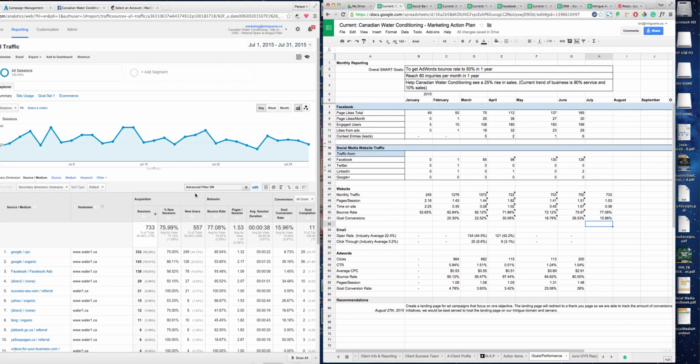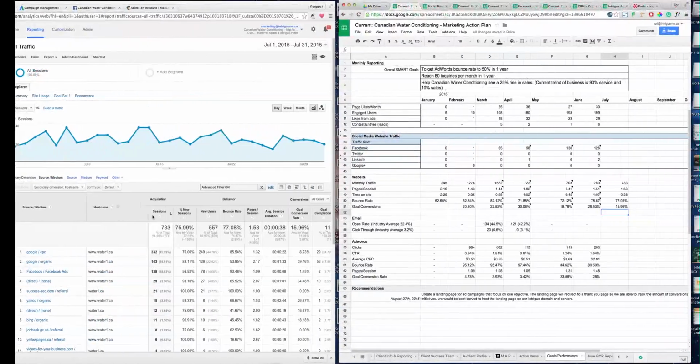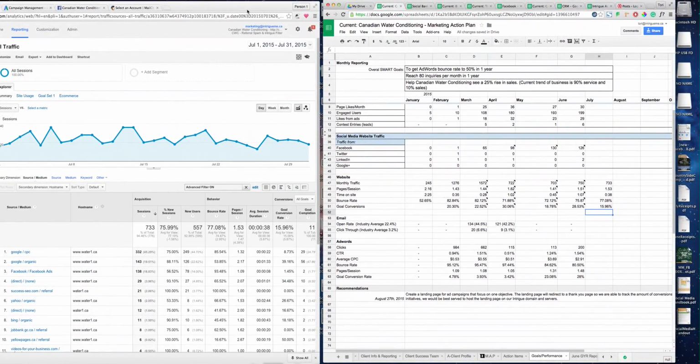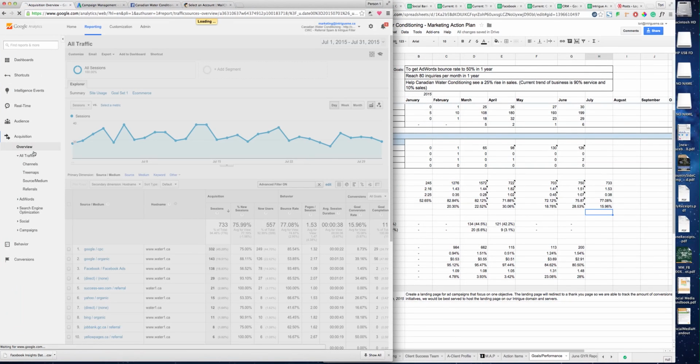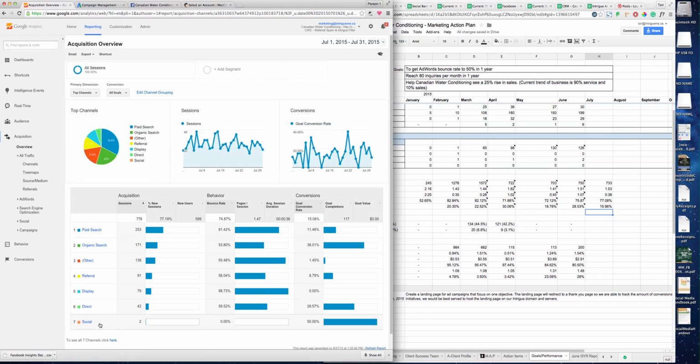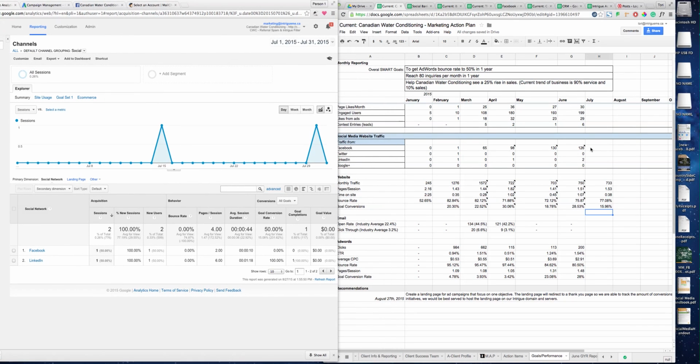Now, you're also going to want to get your social media website traffic from analytics. And to do that, we're going to go back up to overview and acquisition and click on social. Any traffic coming from any social source will show up under here. So if they're missing, like you don't see Twitter, for example, that means that they had no sessions coming from that source. So they had one from Facebook